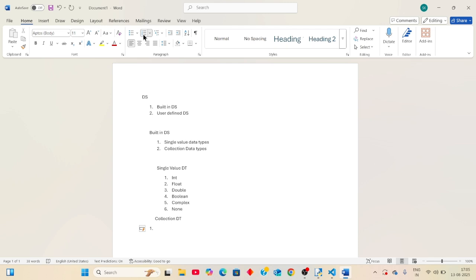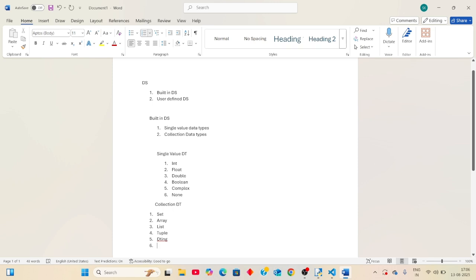That means set, array, list, tuple, dictionary. These are the collection data types.